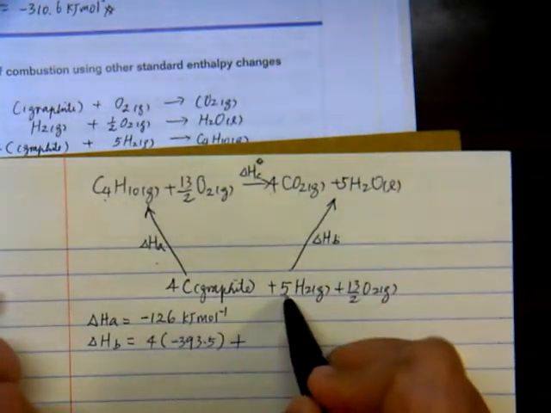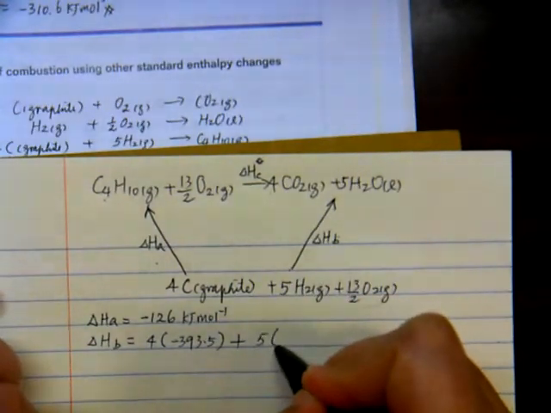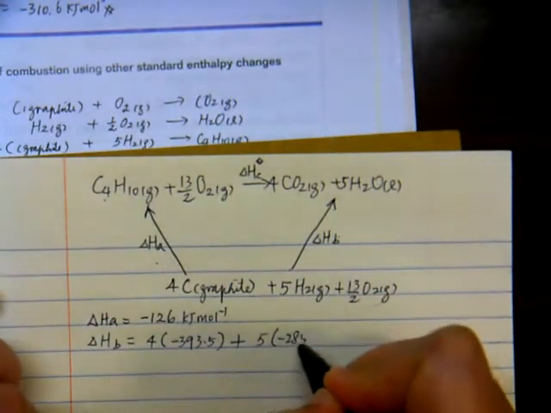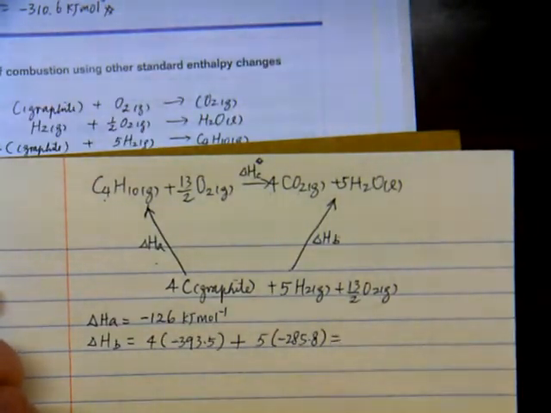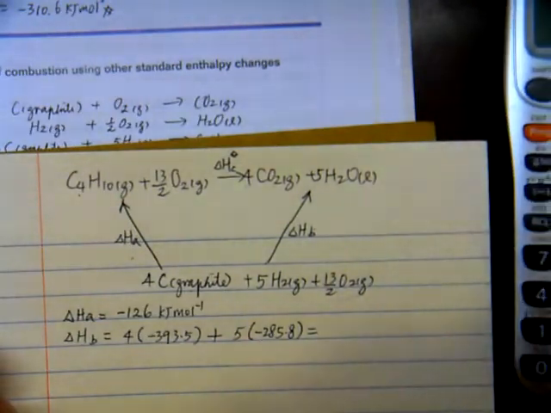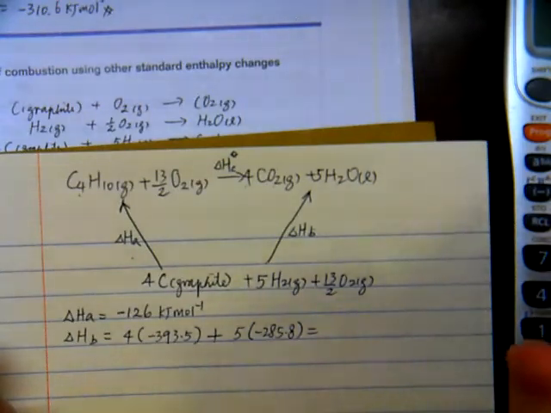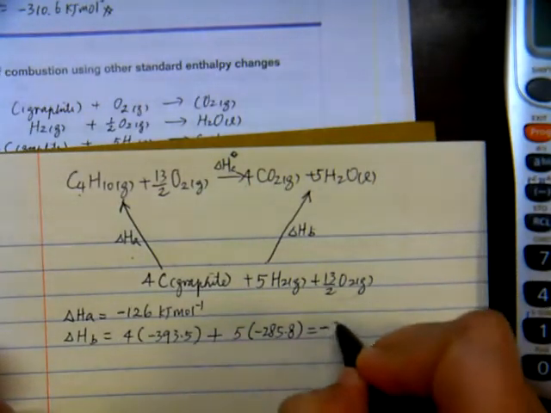Besides, we have 5 moles of hydrogen burned. 5 times. This is delta HB. Delta HB therefore is, which is